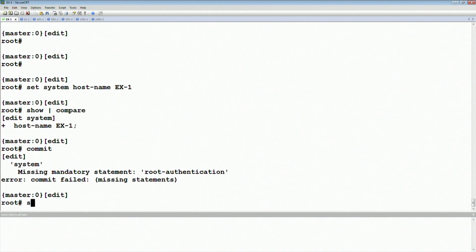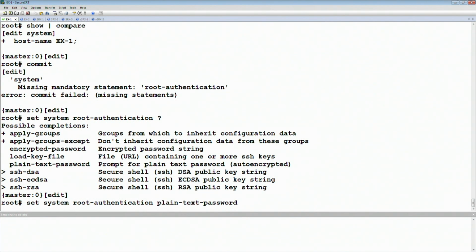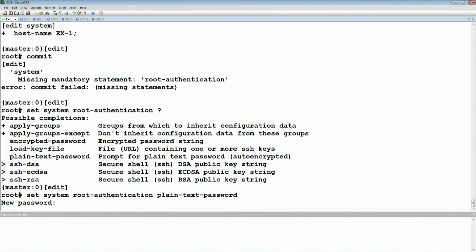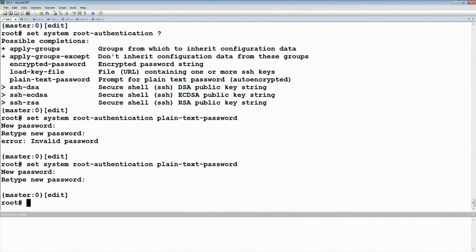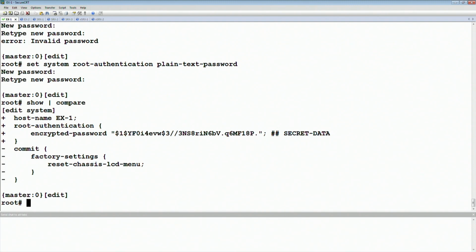So in this case, I need to set the system root-authentication, and I'm going to give it a plain-text password, which means I'm actually typing it in. So I type in the password that I want. And then if I say show | compare, it says that I'm going to set the host name, but I'm also setting the root authentication. And then also notice what is now going to be deleted. We can see with the minus sign that those factory default settings are no longer being applied, because I'm making changes, so it's no longer the default config. So now if we commit the change,